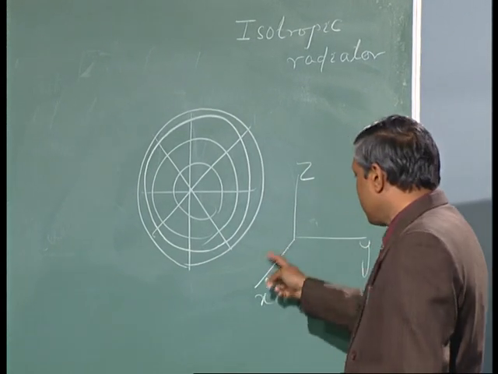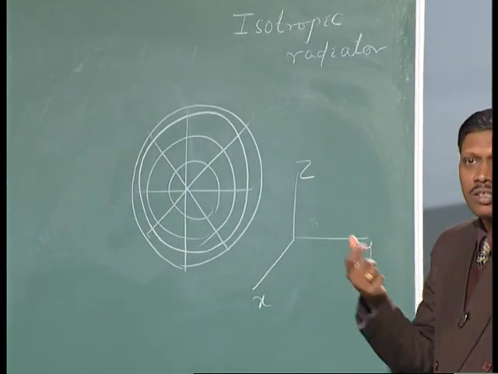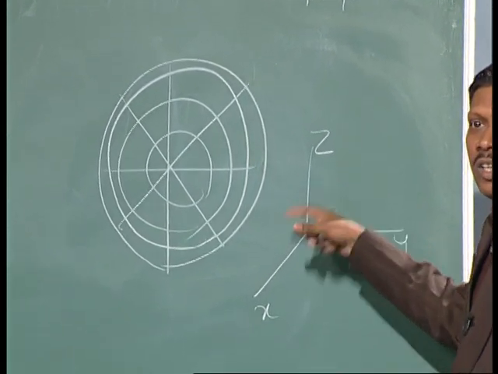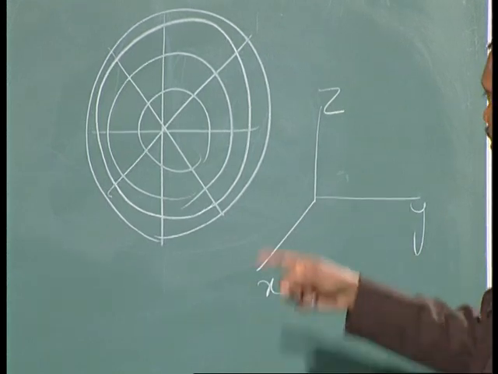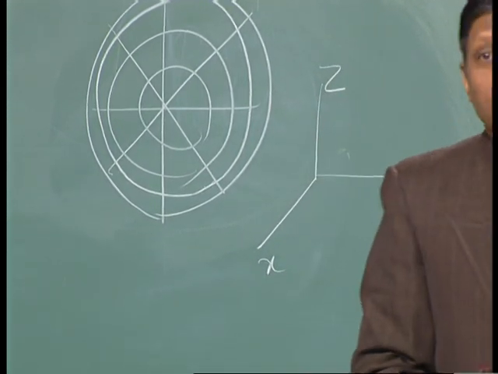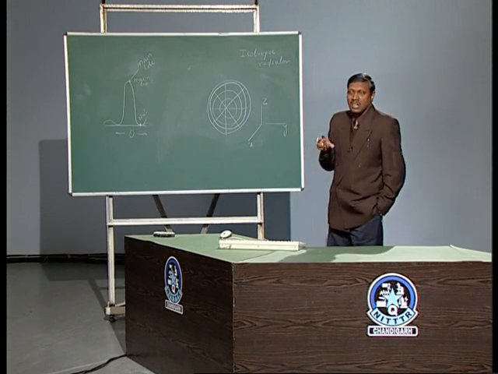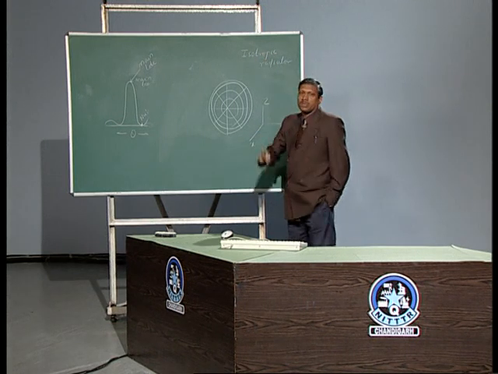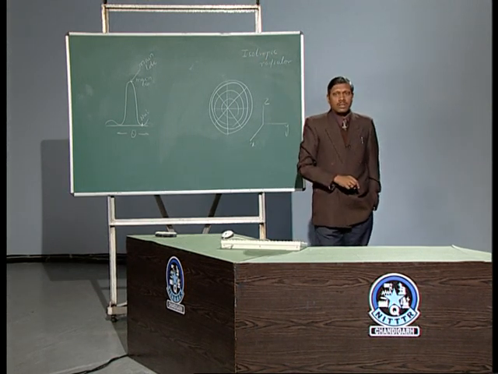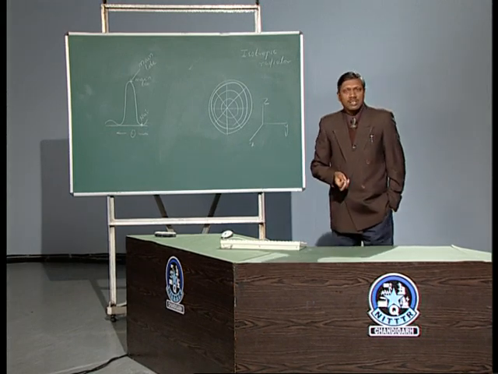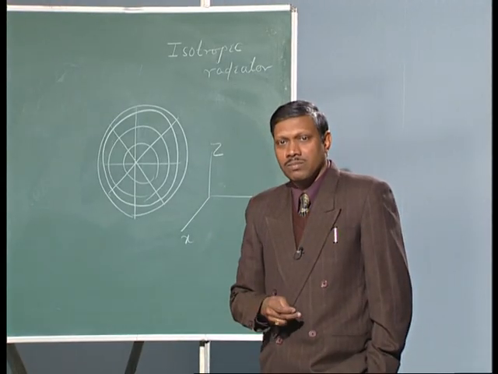So, if I take a radiation pattern in the xy plane, it should be uniform. If I take a radiation pattern in the yz plane, again it should be a uniform distribution. If I take a radiation pattern in the xz plane, it should also be a uniform distribution. If all the 3 planes are giving uniform radiation, then it is called an isotropic radiator. Can you think of a practical antenna which can give this type of radiation? No,